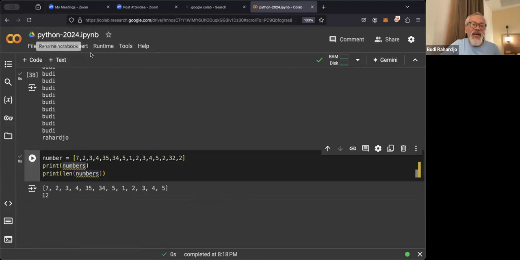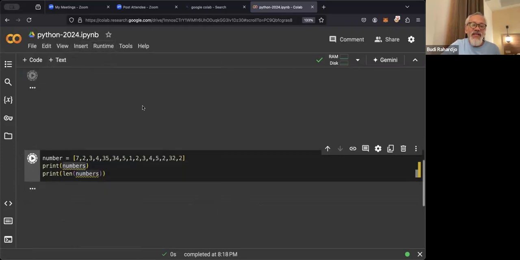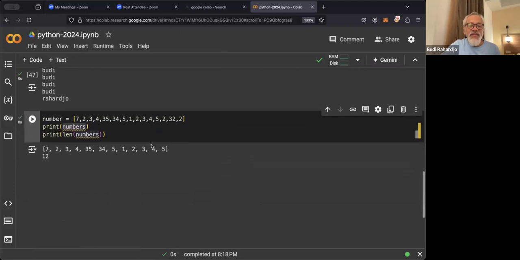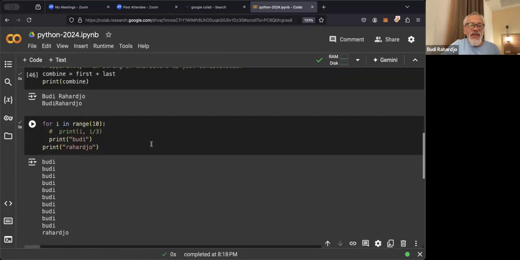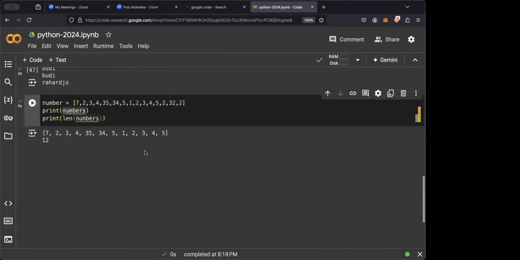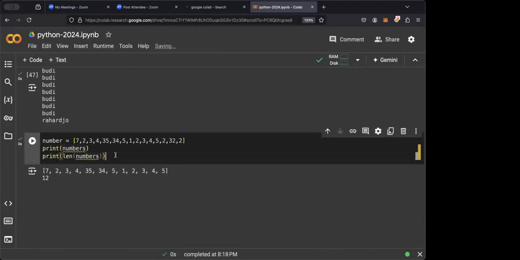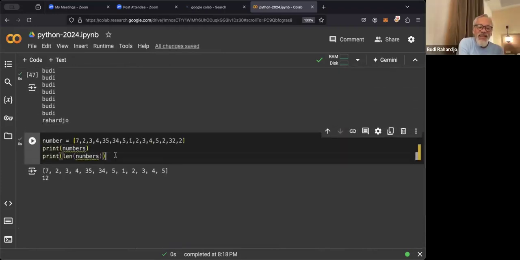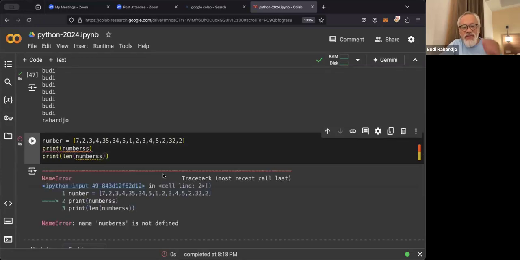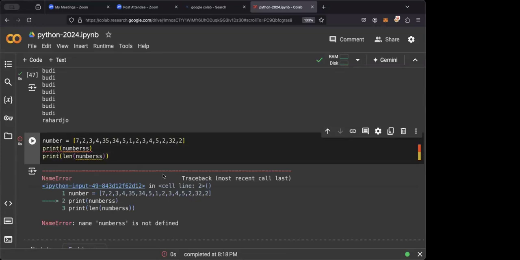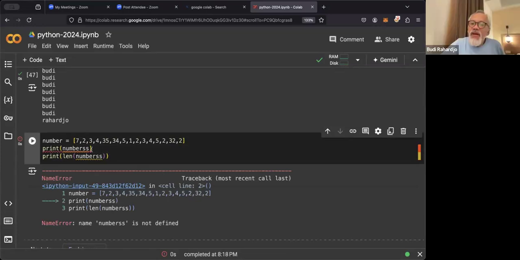Let me read it again. If I have numbers, for example, it gives an error. So the variable has to be exact.